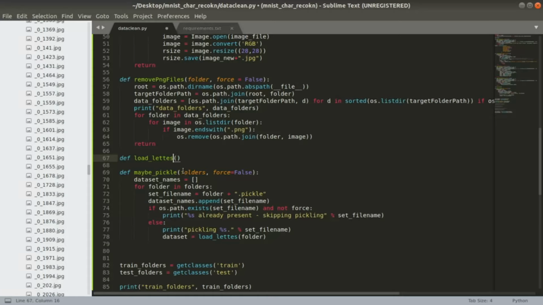The input to this function is the path to each of the label.